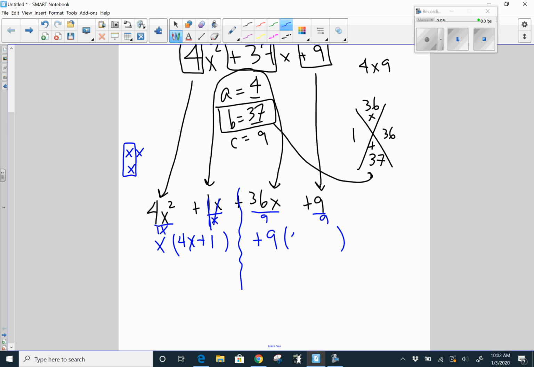36 divided by 9 is 4. And there's an x that comes down. And then here, 9 divided by 9 is a 1. Okay? So now what you should see, and this always works with the AC method, is